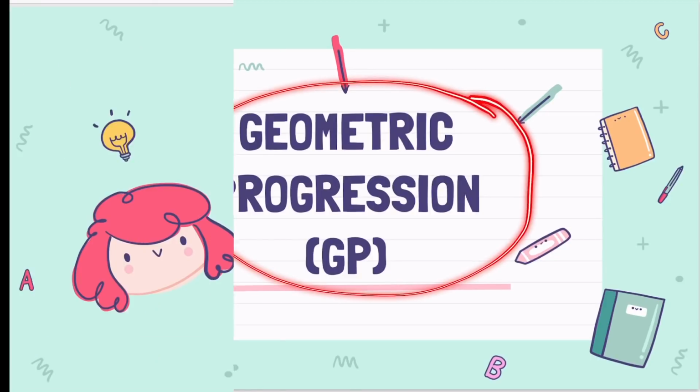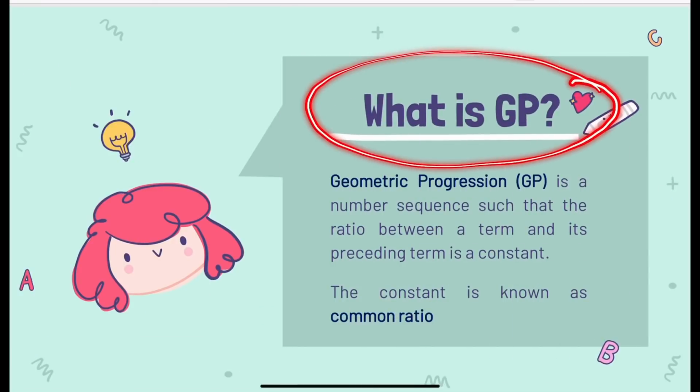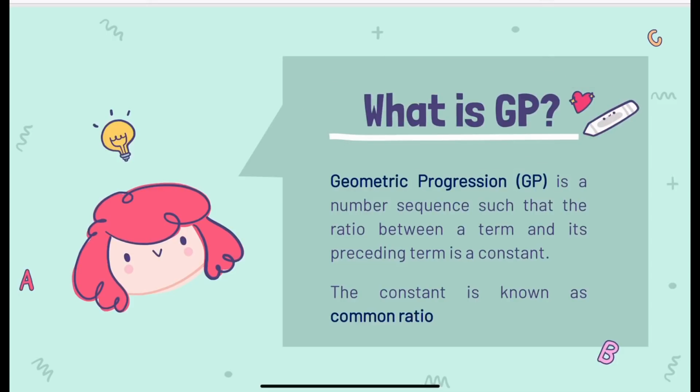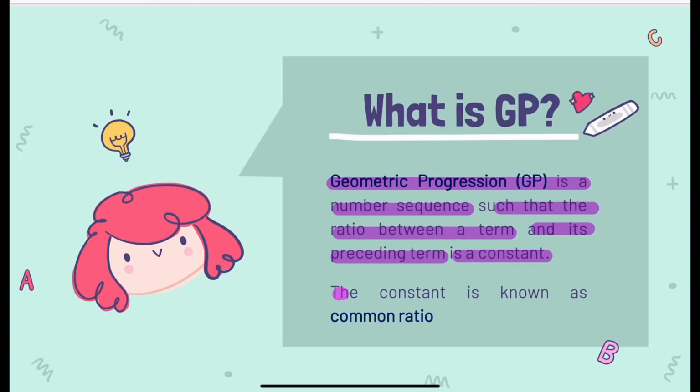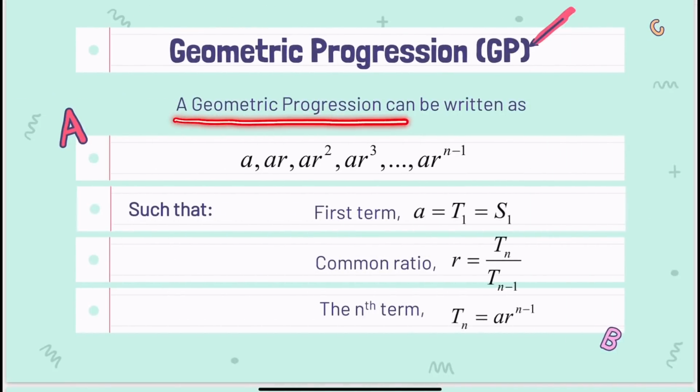Geometric progression. So what is actually geometric progression? A geometric progression is a number sequence such that the ratio between a term and its preceding term is a constant. The constant is known as common ratio. A geometric progression can be written as